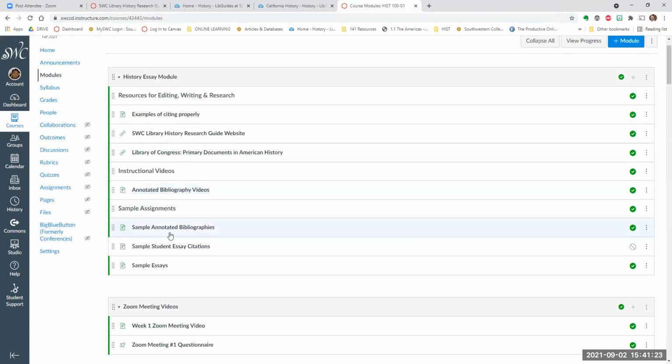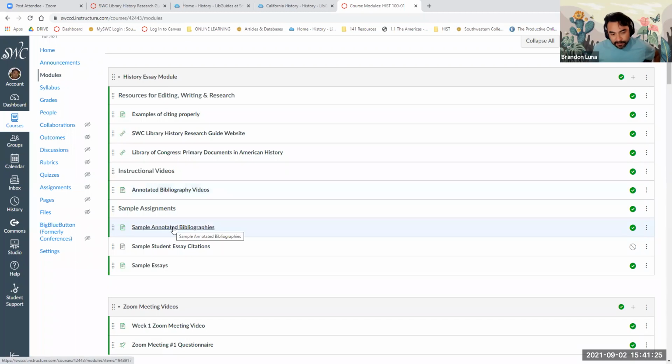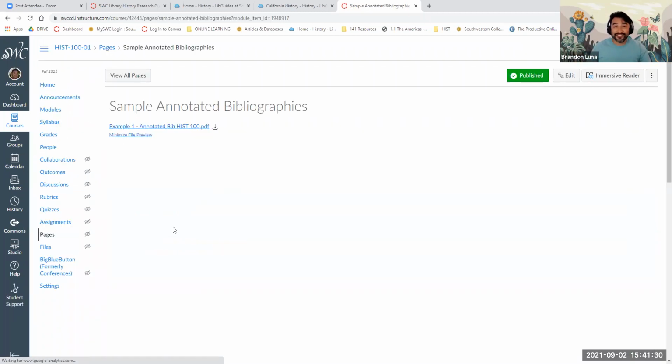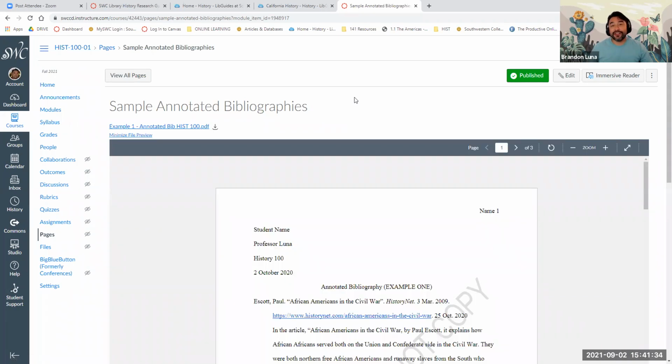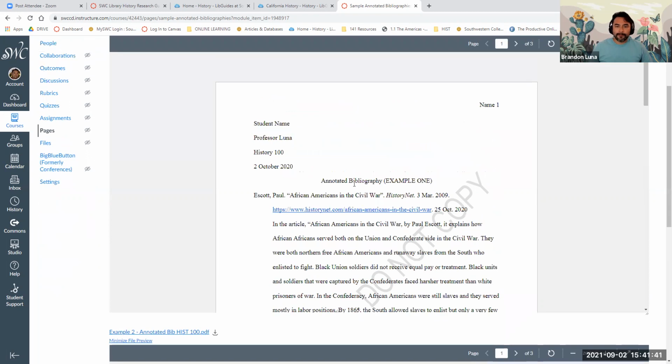Let's see. After you choose the essay topic, the next thing you'll do is the annotated bibliography. So I shared a couple of these annotated bibliographies. I believe they're both student samples actually.